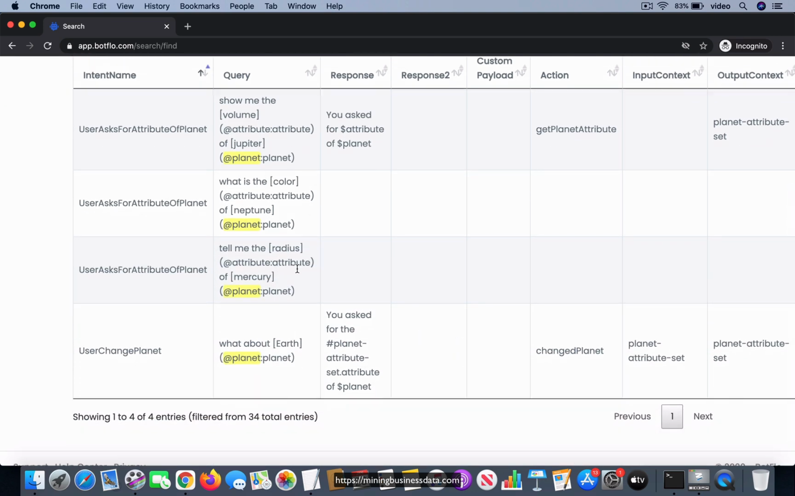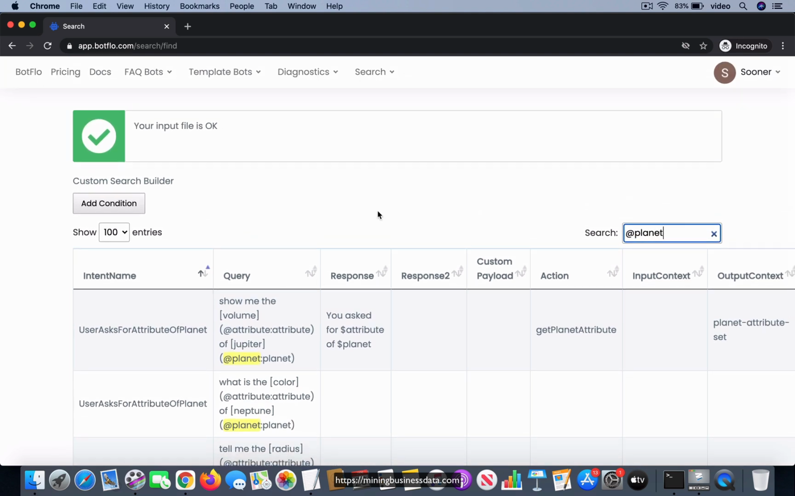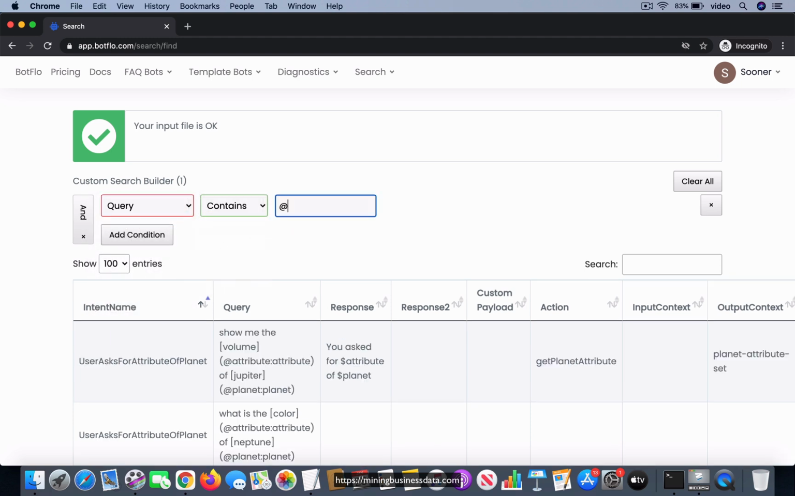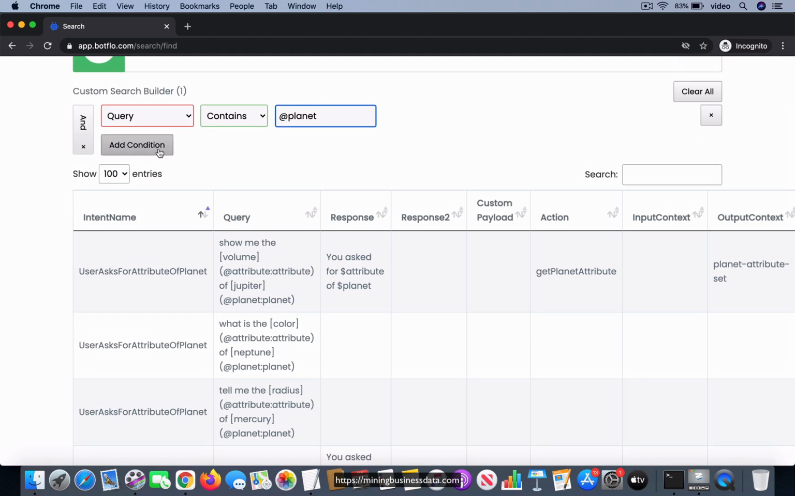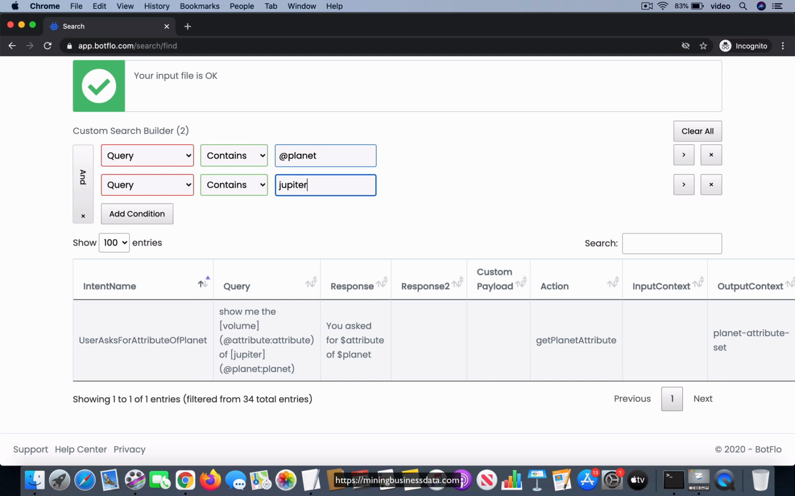You have this thing which shows you where this is occurring, right? And now what you can do here is you can just go a little further and add a condition where you say that this query contains @planet, right? And this just shows you the stuff. And then you can also add a condition where you say query contains Jupiter. So this actually gives you the specific place where you have used Jupiter and annotated it as the planet